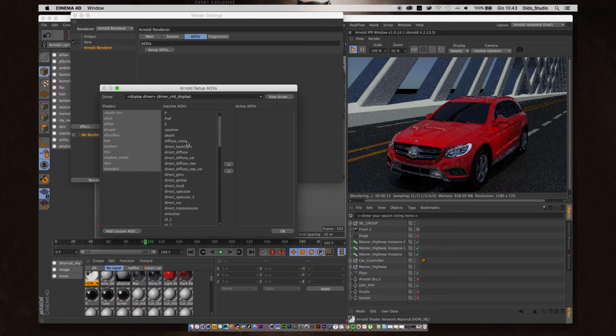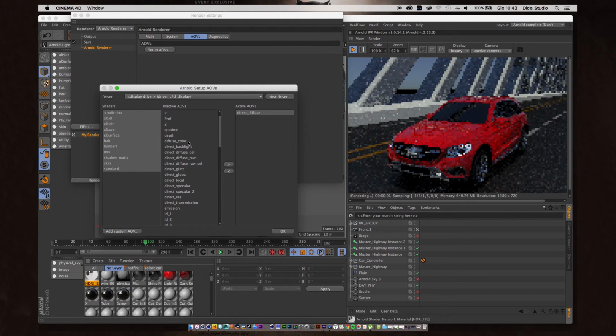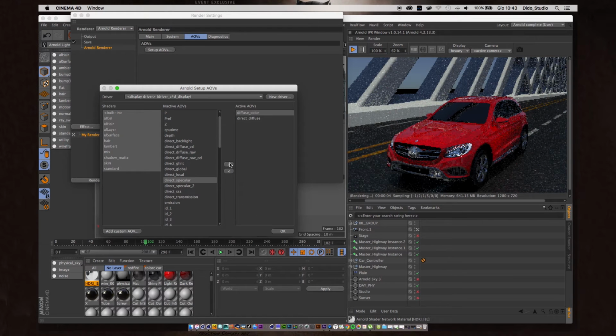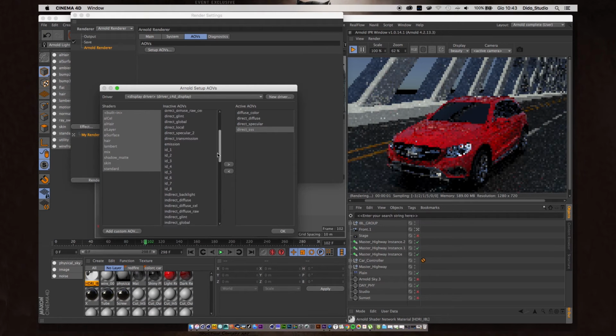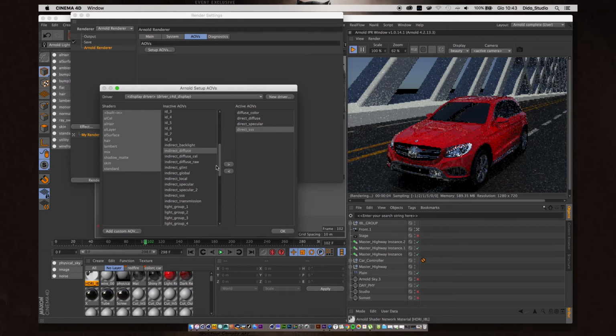In this case I don't have a depth map, so I don't need this one. The diffuse color, even the direct diffuse. If I want the direct specular, direct SSS,